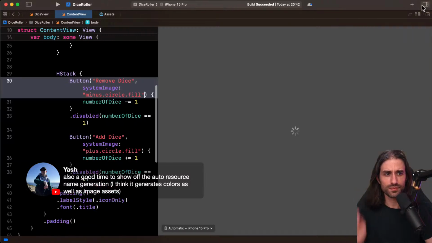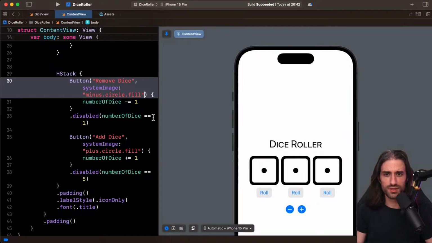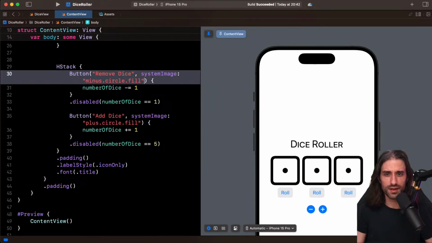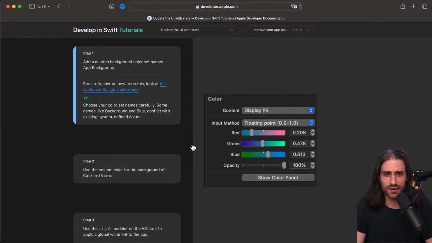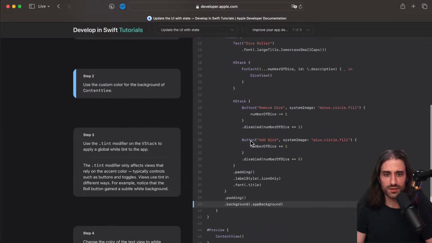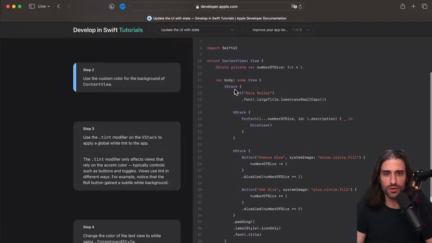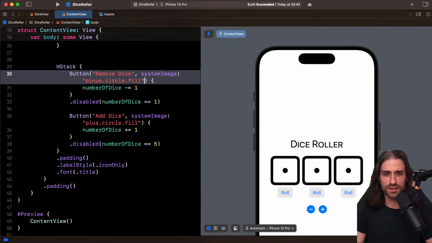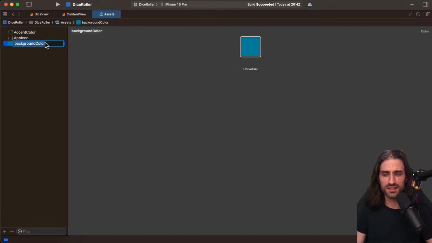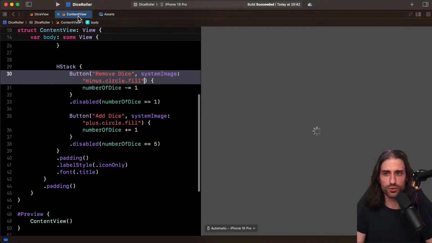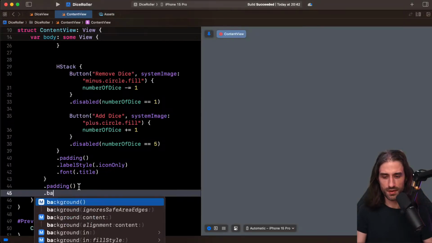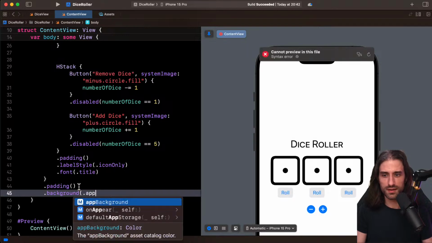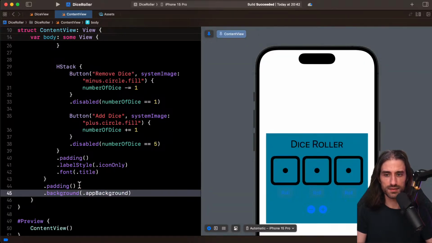We are going to use it around here. We set a background on the VStack of the content view. They have called it app background, so I'm going to do the same as they do, so there is less chance of making a mistake for people following the tutorial. So here, background will be app background like that.